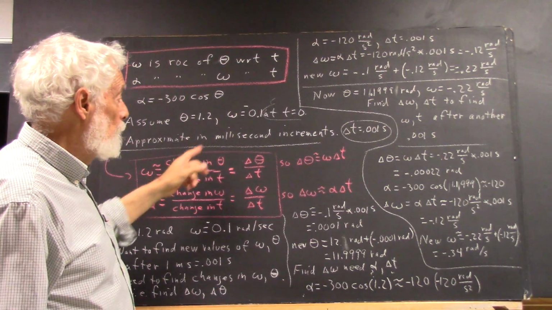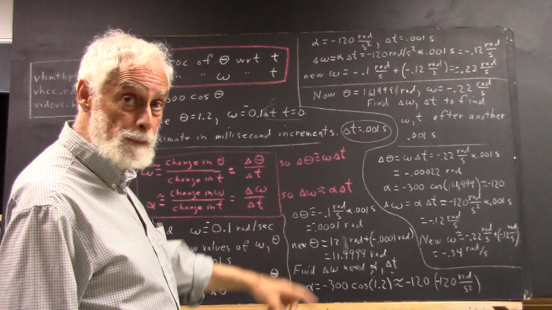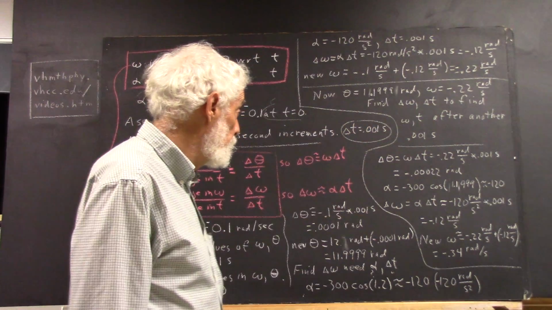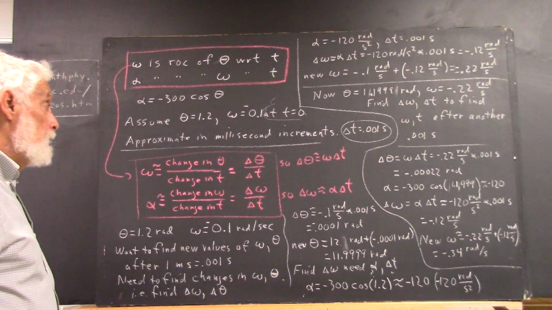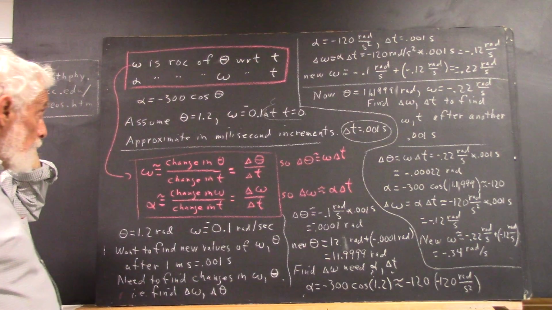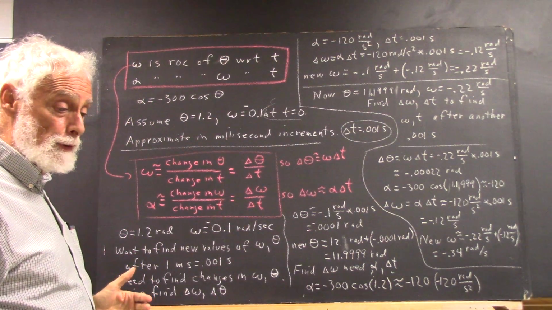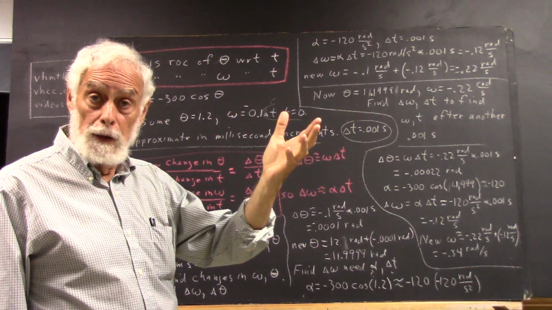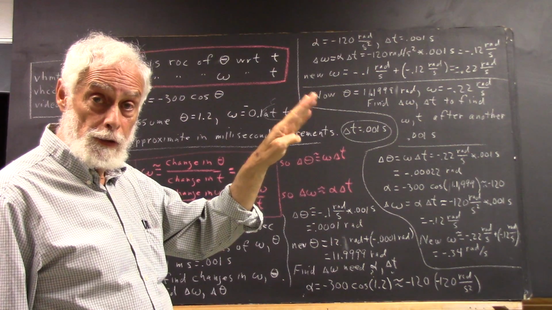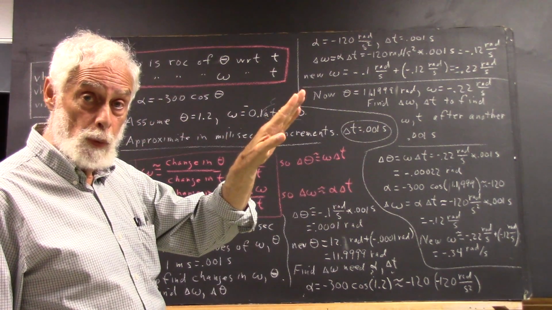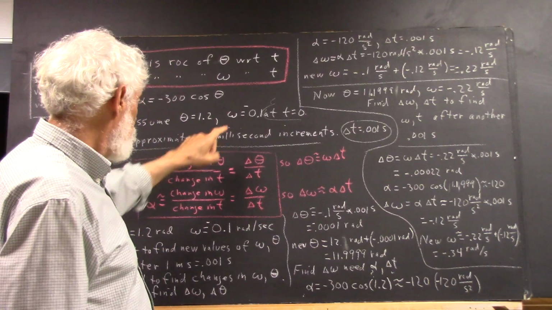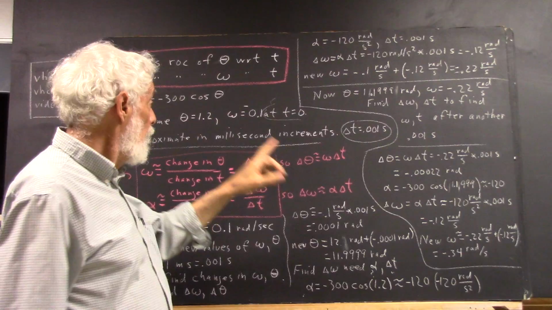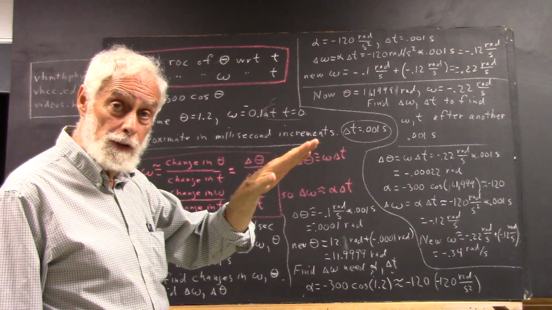And we want to approximate what happens 1 millisecond at a time. So we're going to say delta t is 1 millisecond, or 0.001 second. Okay, to figure out what's going to happen in the first millisecond, really all we need to do is figure out how much theta changes, how much our angle changes. That'll tell us where we are after a millisecond, and how much omega, our angular velocity, if you wish, our rate of change of angular position, changes so we know how fast the thing is going